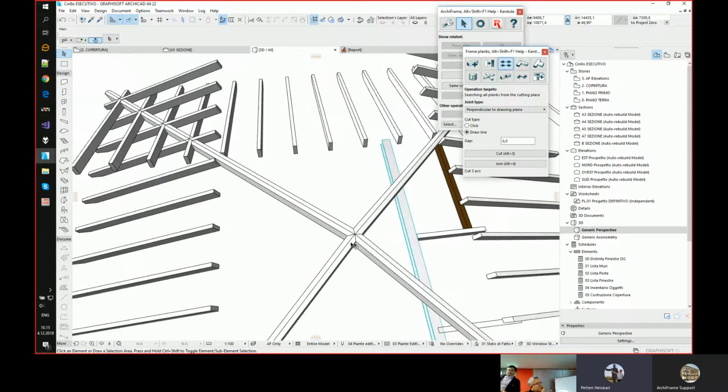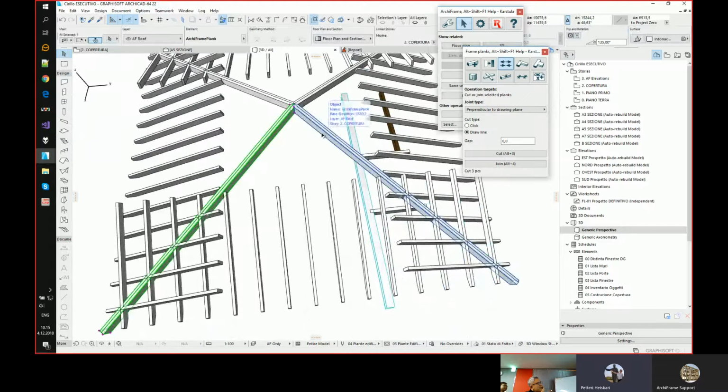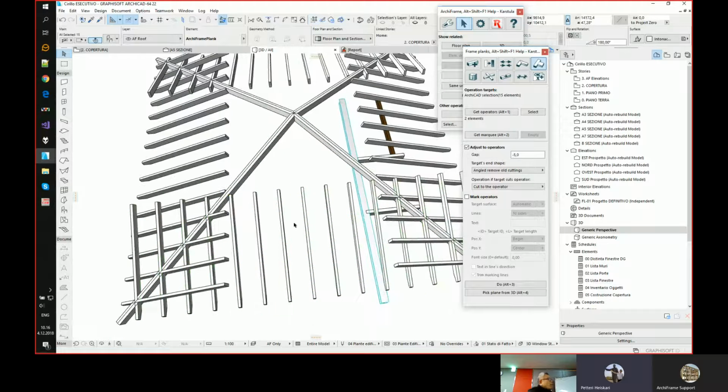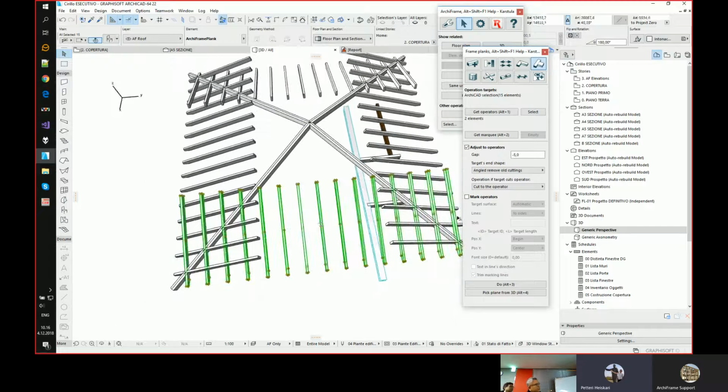And the next thing is to trim these rafters to these hip rafters. Another tool from ARCHIFRAME, adjust to sides. So for that we select the operators. And then we select the target pieces, and I hope I grouped this. Yes, I did. So I was able to select this with one click. And then let's say with a zero gap, this will work here, and then cut the operator and take all the pieces above the hip rafter away. So like this, and then